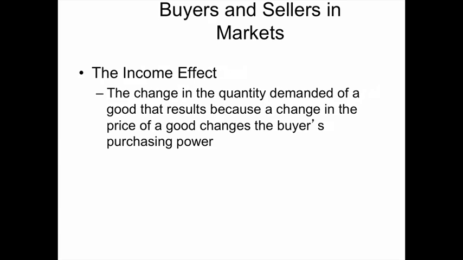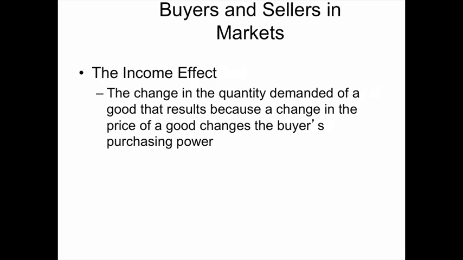Therefore the demand for tea will go up given the substitution effect. The income effect basically says the change in quantity demanded of a good happens because when the price of a good changes, the amount of the good that you can buy, which is your purchasing power, also changes. Going back to the same example of tea and coffee, if the price of tea falls, you can also buy more tea because in relative terms your money is worth more, or your purchasing power has gone up, everything else held constant.